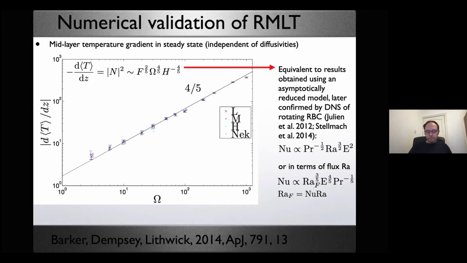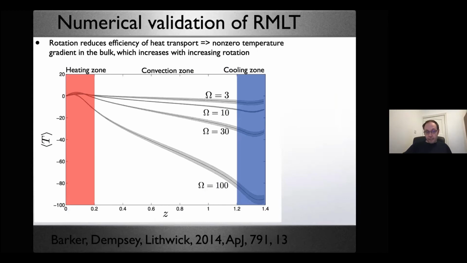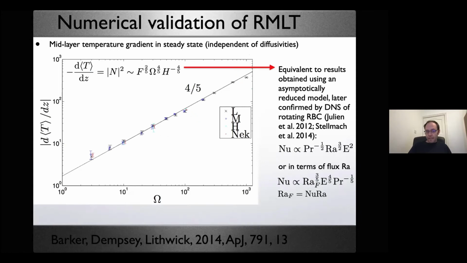So the theoretical prediction is given by the 4/5 slope, and we can see that that seems to work well to describe the mid-layer temperature gradient in the simulations. So we fit the temperature gradient in the middle 1/3 of the domain, find out what the slope is, and then plot that as a function of omega. And that's what's being shown here. So the theory seems to work quite well at describing the scaling of the temperature gradient, the mid-layer temperature gradient